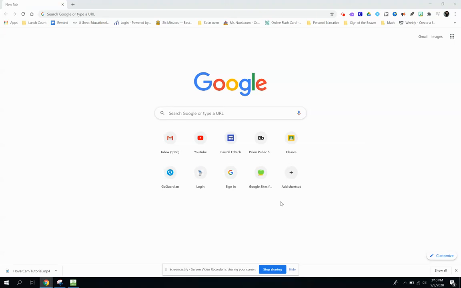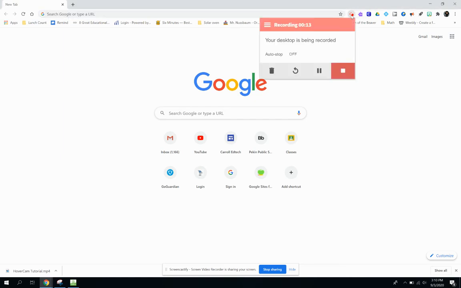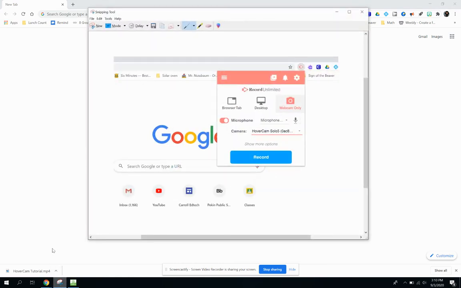In this tutorial, we will cover how you can use Screencastify and your HoverCam at the same time. So to do that, I have, of course, an ongoing Screencastify recording since I'm doing a tutorial right now. So I had to take a snapshot of the menu to demonstrate what you will have to press at the